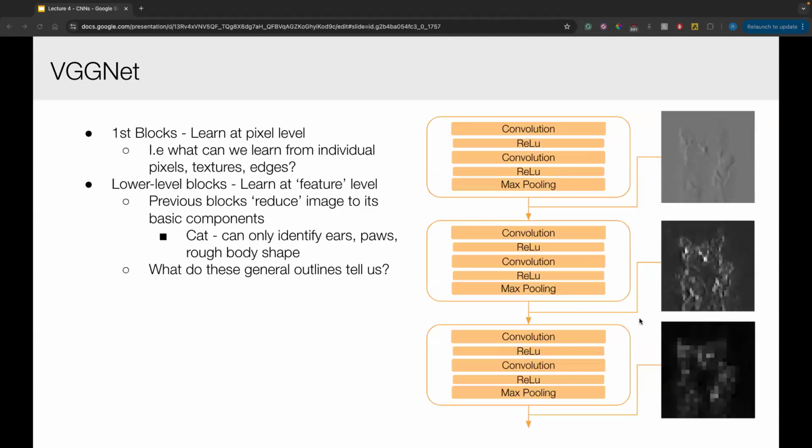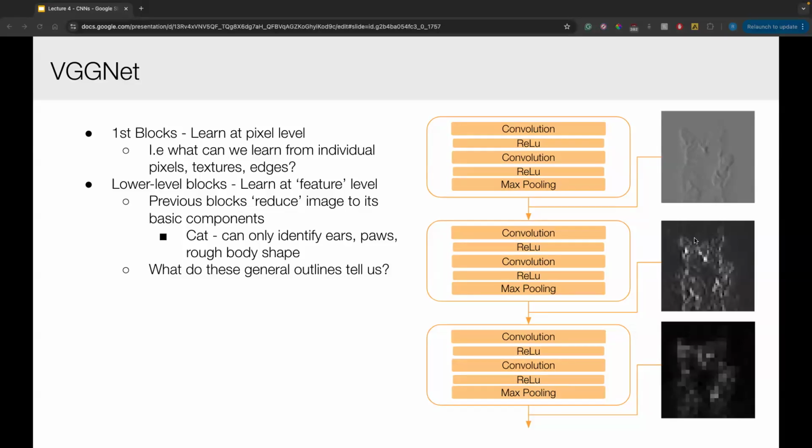So why have so many of these blocks? That goes to why we stack convolutions in general. By having these blocks, each block can extract different types of feature maps from the image. The first block, for example, can examine how pixels right next to each other interact. If we input our image of a cat, we might get this as output. You can see that we have the rough edges and contours of the image highlighted. The next block might recognize